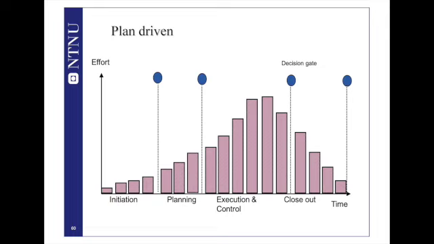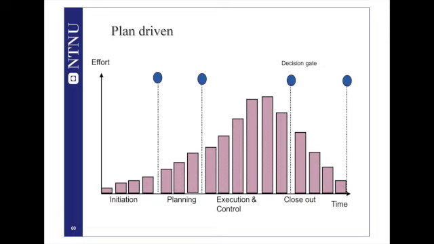Another characteristic of this plan-driven approach, as you can see at the beginning here, is that there is a lot of uncertainty. There are a lot of things you don't know. And this uncertainty decreases gradually. So if I have a chart here, I will start uncertainty very, very high, and it will go down as the project proceeds. And it goes down because of the amount of knowledge you gain during the project.